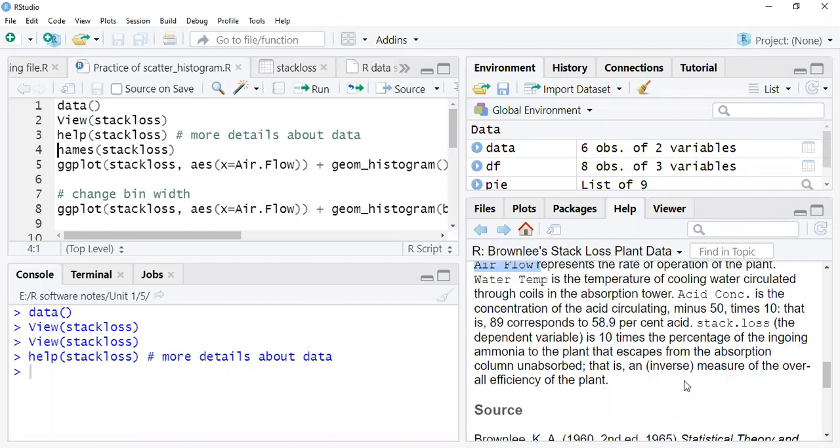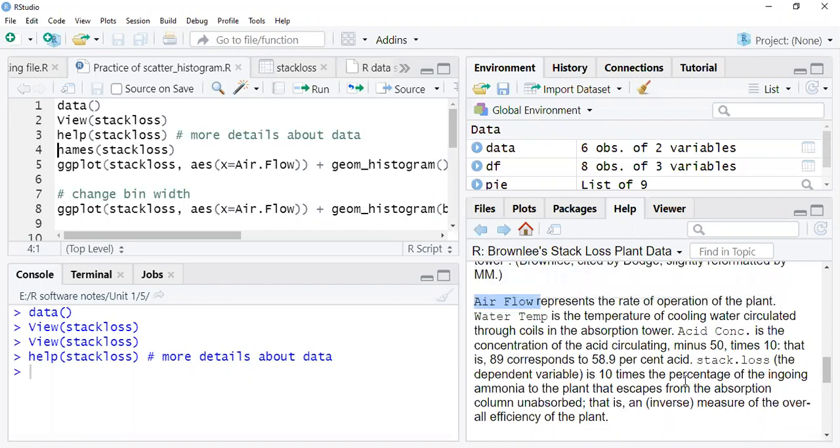But not much of this is required from our point of view, because we want to draw the histogram of a particular variable, so we are not dealing with much. But if you require more details about your data set, you have to give time to these. When you are not understanding the questions and the problem, and you want to understand the questions deeply, you can take the help of stack loss.